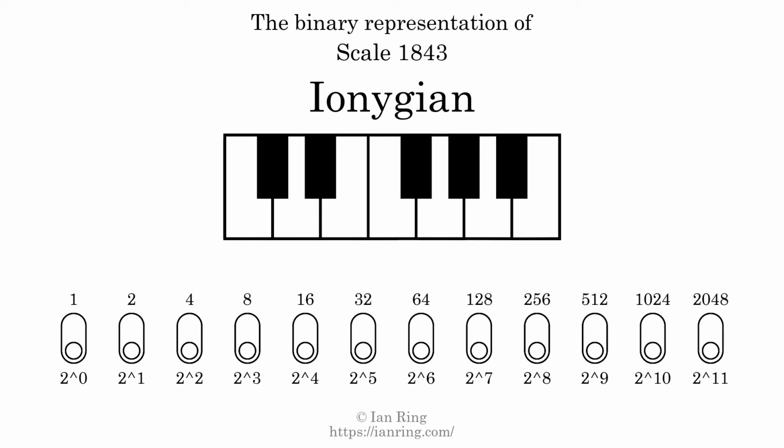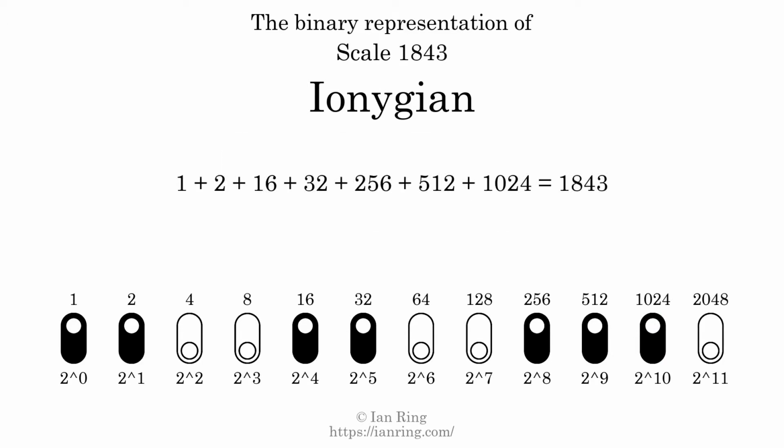The binary representation of this scale is determined by mapping tones of the scale to binary digits. Each binary digit represents a power of 2. To get the scale number, we add the powers of 2 together. The powers of 2 that are present in the scale, all added together, equals 1843. That is why the scale number, in decimal, is